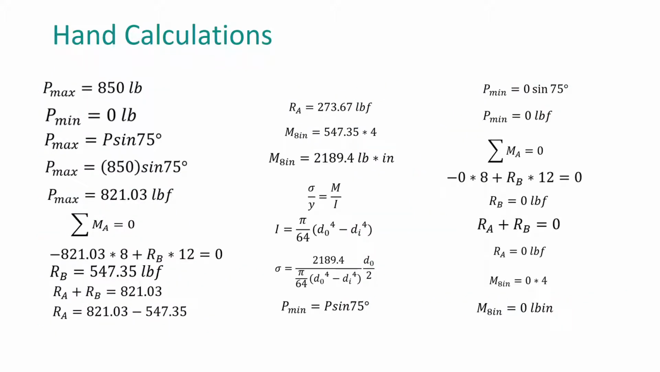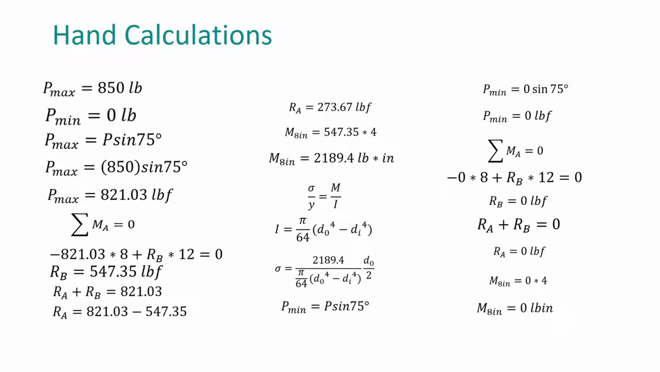Hand calculations. Pmax is equal to 850 pounds of force at an angle of 75 degrees. The vertical component is equal to 821.03 pounds of force. When taking the summation of the moments with respect to pin A equal to 0, the reaction force in the vertical direction B is equal to